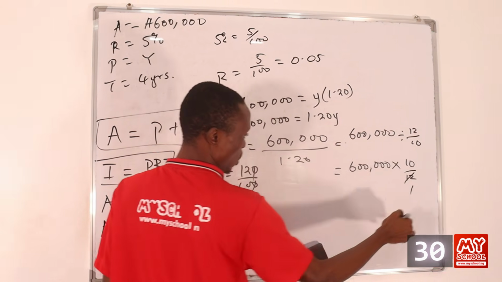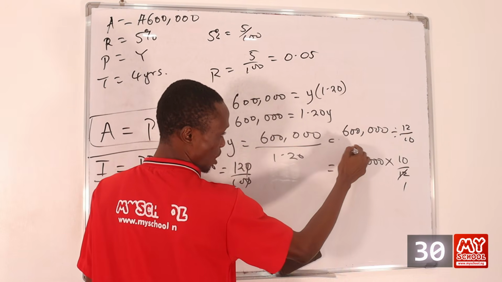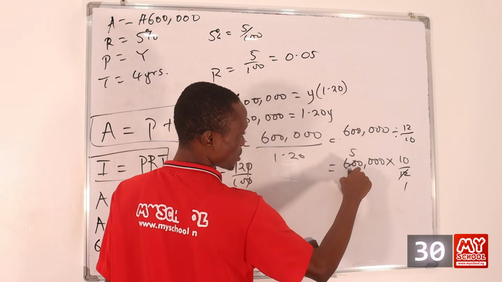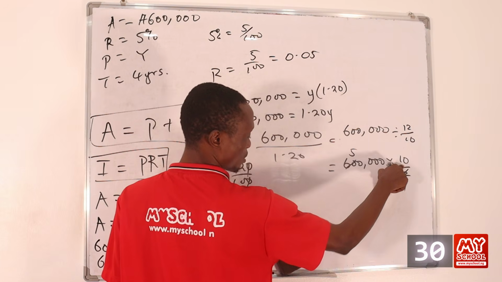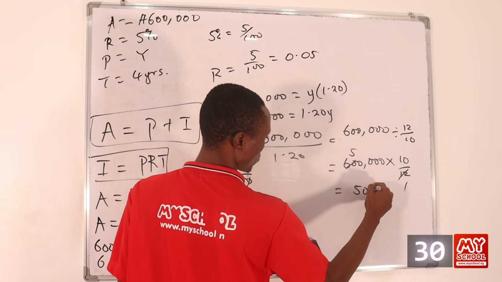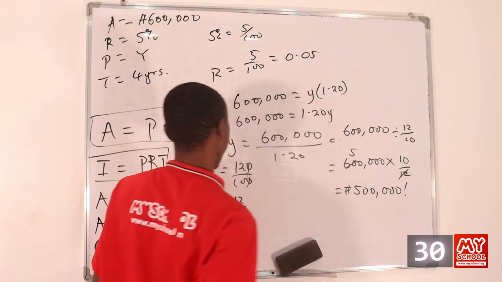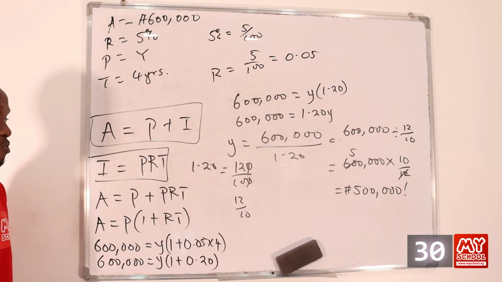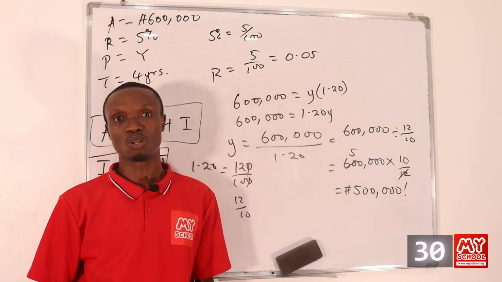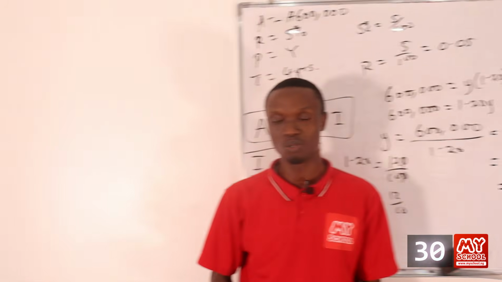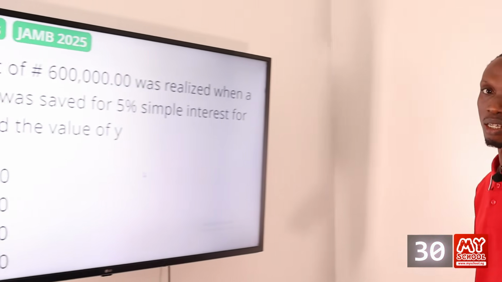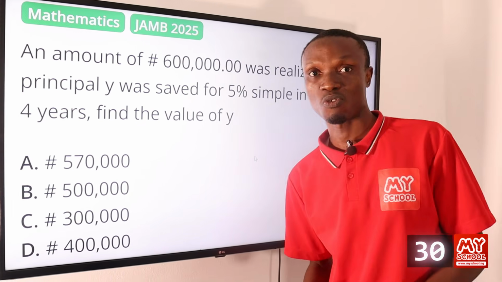So 12 here is 1. 12 into 60 is 5. So here we have 50,000 times 10, that equals 500,000. Okay, so the value of Y, which is the principal, is equal to 500,000 naira. So let's return to the screen to pick the correct answer to this question, and that is option B,